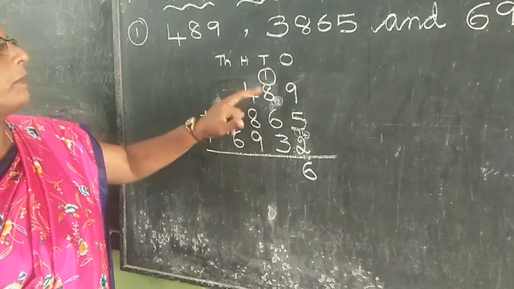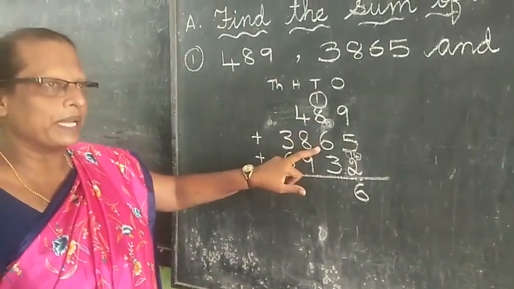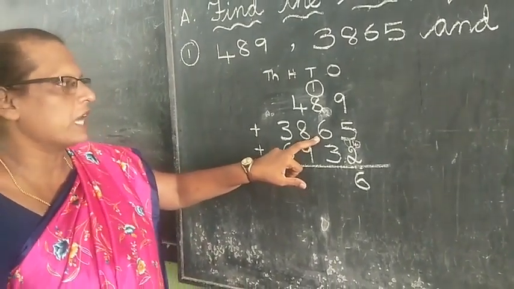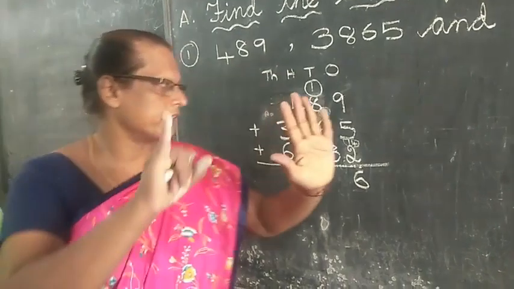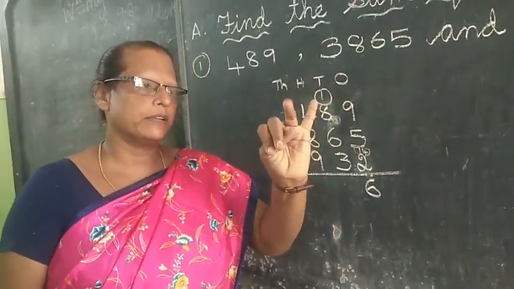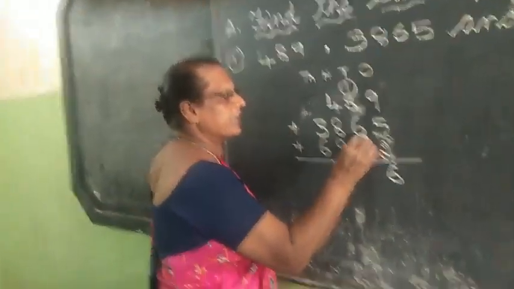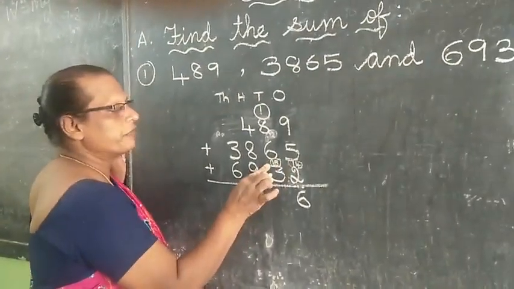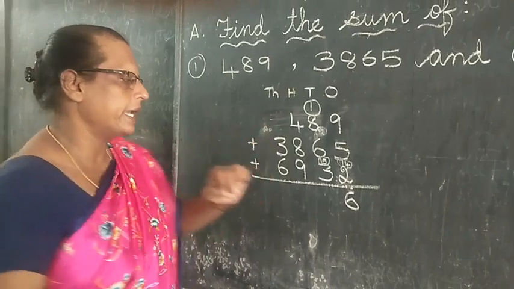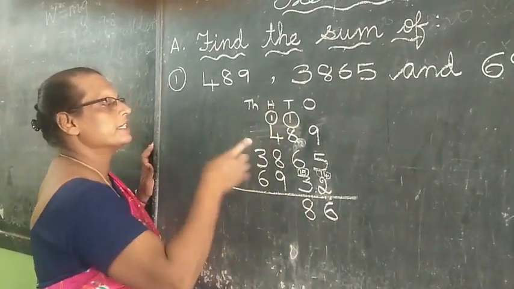Okay. Now 1 plus 8, what, children? 9. 9 plus 6, it's a very big number. Some of them can add in the mind itself, some will feel it is very hard. So 9 in the mind, 6 on the fingers. After 9: 10, 11, 12, 13, 14, 15. So 15, you can write it here or no need to write 15. So 15 in the mind and 3 on the fingers. After 15: 16, 17, 18. So 8 you have to put here and 1 carry over you have to bring to the hundreds place.